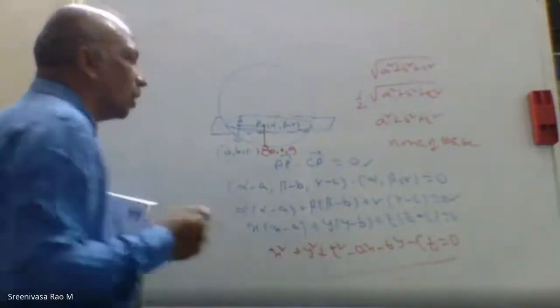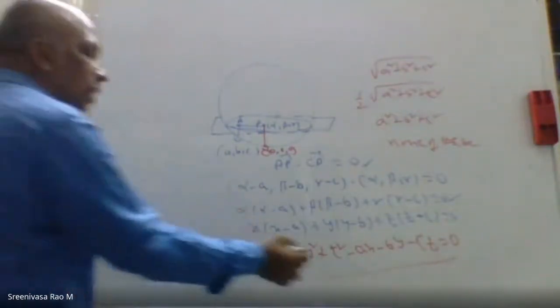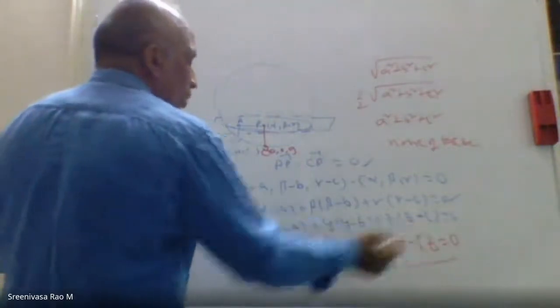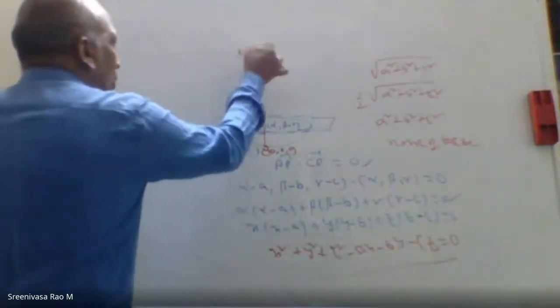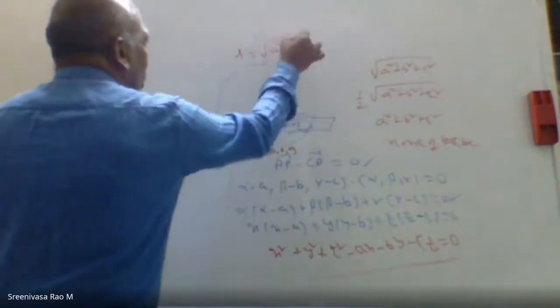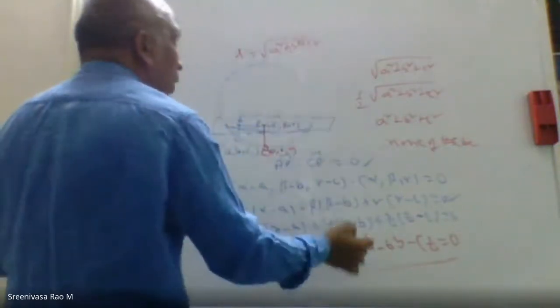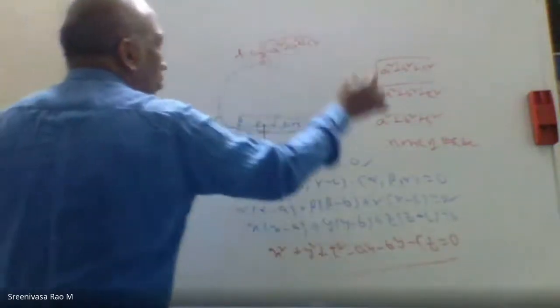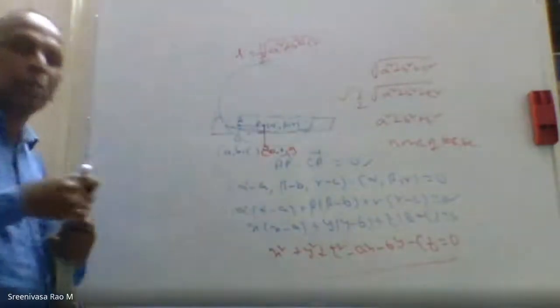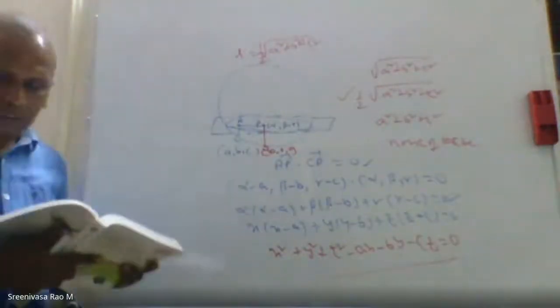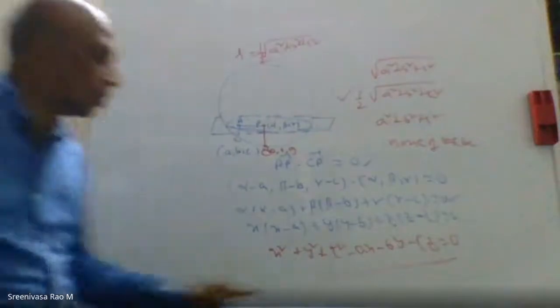After knowing this, what is the radius of the sphere? I can find the radius of the sphere is root of a square plus b square plus c square. There are a by it will come, so 1 by 2 it comes. This is the radius of the sphere: half into root of a square plus b square plus c square, because this is equal to the sphere.